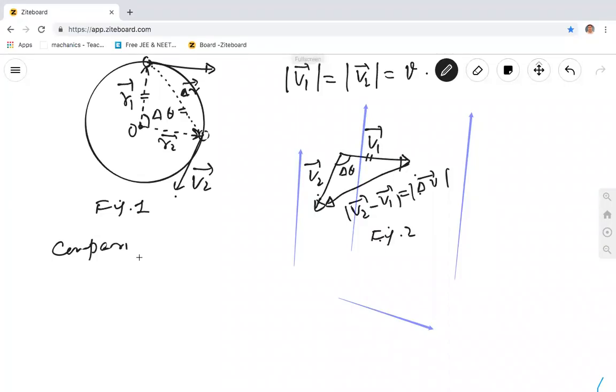Sir, repeat. यह ट्रायंगल है ना बेटे, जरा देख, ये ट्रायंगल देख रहे हैं आप? Yes, sir. यह डेल्टा r है ना, r2 माइनस r1, ये लेंथ. ठीक. और इस ट्रायंगल में दो साइड्स इक्वल हैं कि नहीं? Yes, sir. और इनके दरमियान एंगल डेल्टा थीटा है. तो ये दोनों ट्रायंगल्स क्या हैं? सिमिलर. तो जब हम इन दो सिमिलर ट्रायंगल्स को कंपेयर करेंगे,